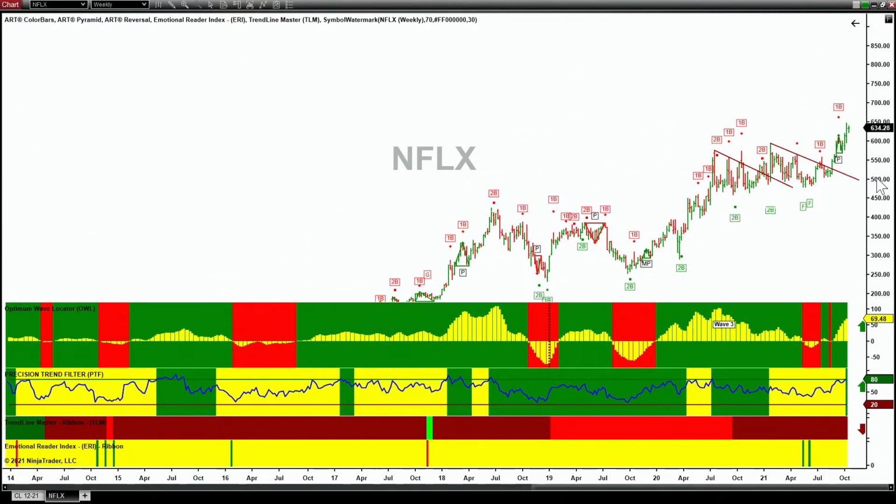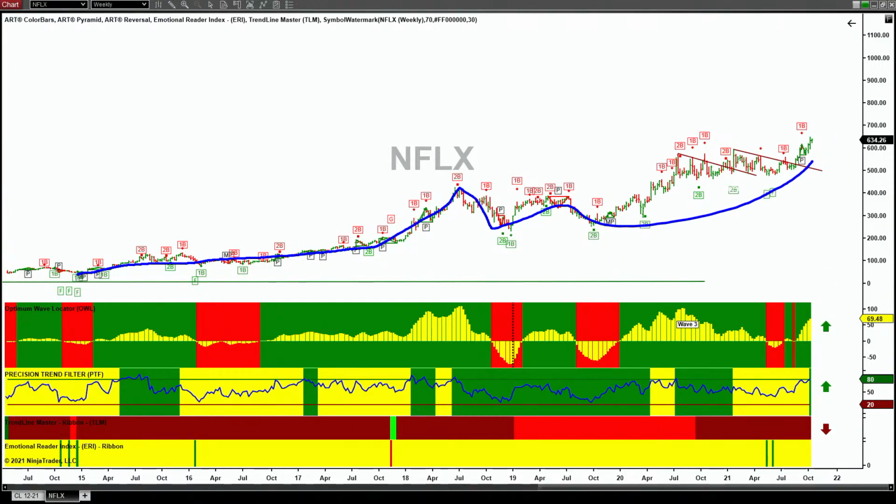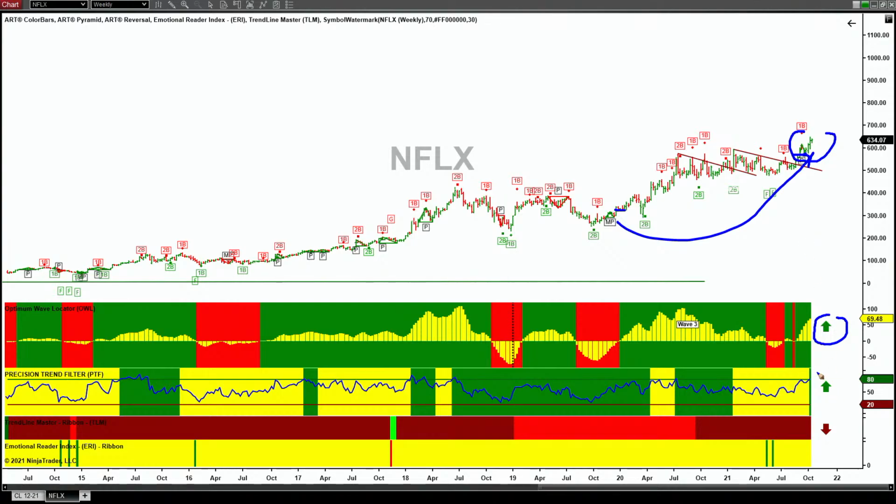and go way back. So check this out. If we went back to this period here in October, look at this. And that goes all the way back to like 2014. So all the way up here, then down, then back and up. And we're still going up, all right? So we have a bullish pyramid. So if you were to get in on this pyramid and then rail your stop up here, you'd be pretty happy right about now. So you have an owl that's green, so you still have bullish momentum here, and you